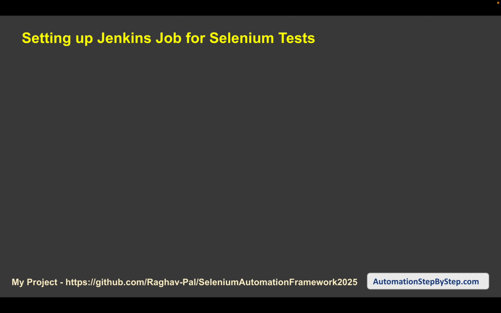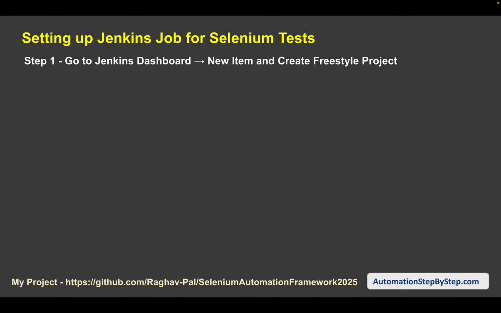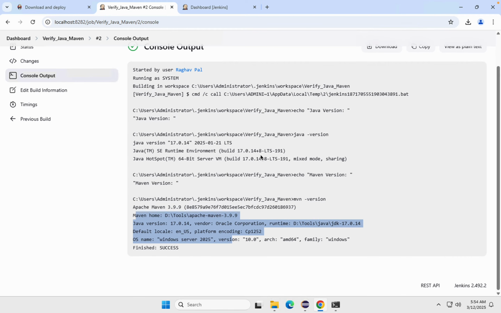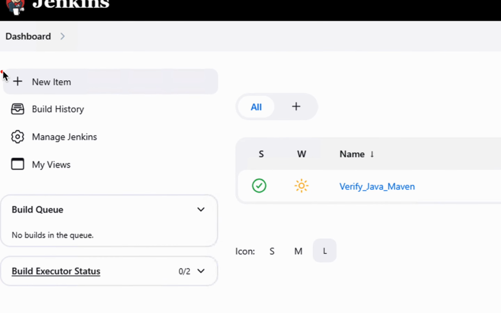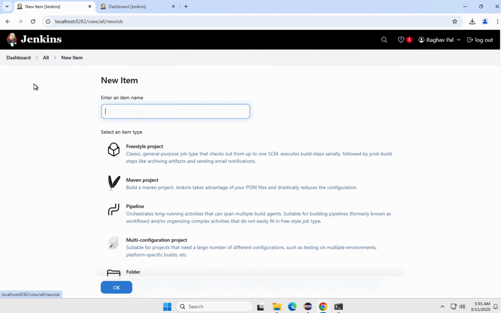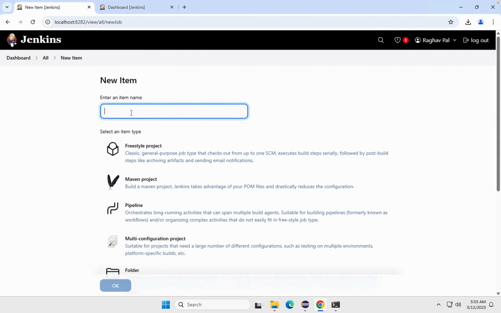Now we will start with setting up our Selenium tests to be run on Jenkins in a Jenkins job. So step number 1 is, here we will create a new job or a new project. So I will go back to my Jenkins dashboard and click on new item here, and here I'll give some name to the job, run Selenium